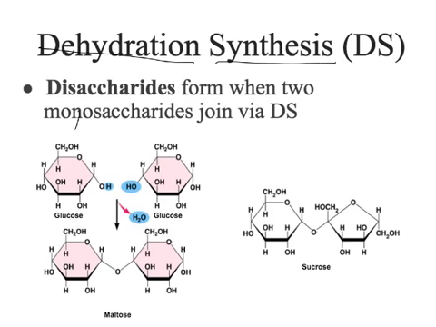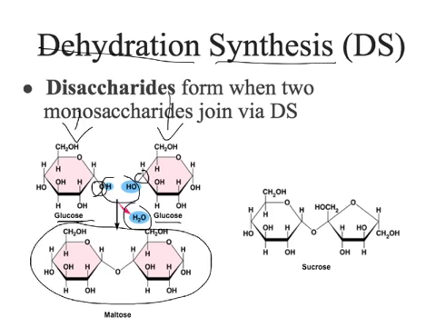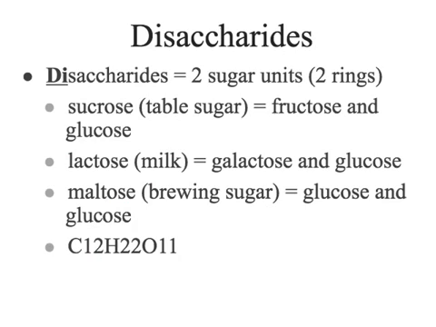So if I have 2 monomers, you can see I have a glucose and a glucose, so 2 monosaccharides. If I take away a water and bond this oxygen to the carbon that's on that corner right there, I end up with two monosaccharides linked together. And what that is called is a disaccharide. Di meaning two, so this is two monomers put together. So each disaccharide is made up of two monosaccharides, and there are three main types of disaccharides that I want